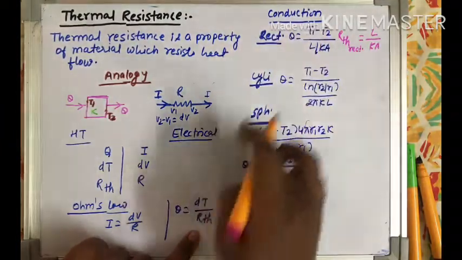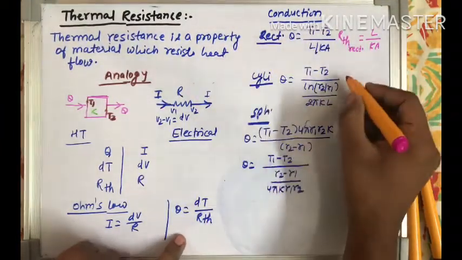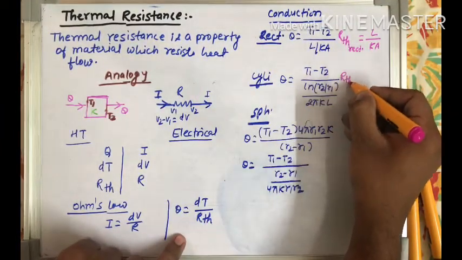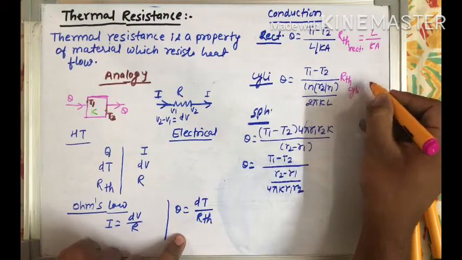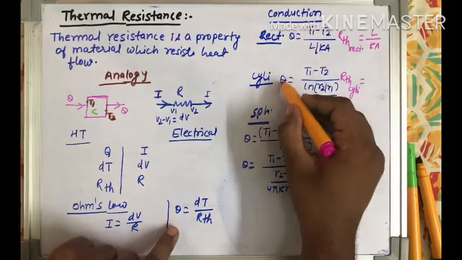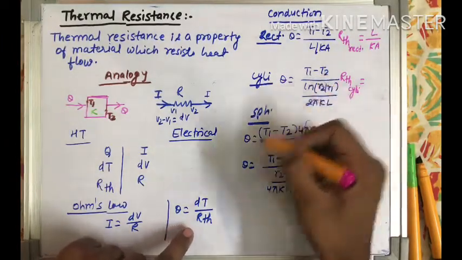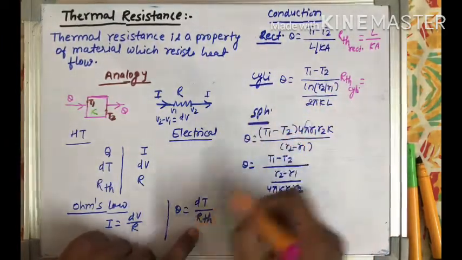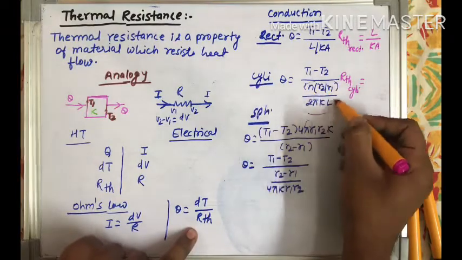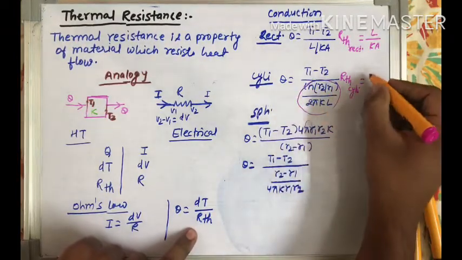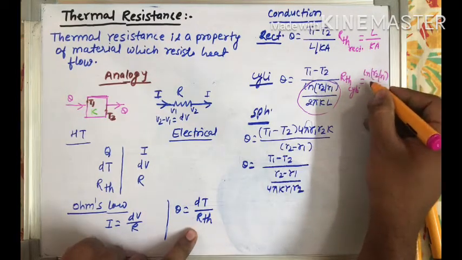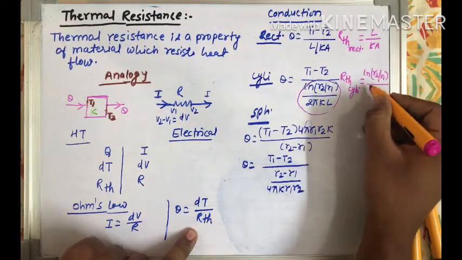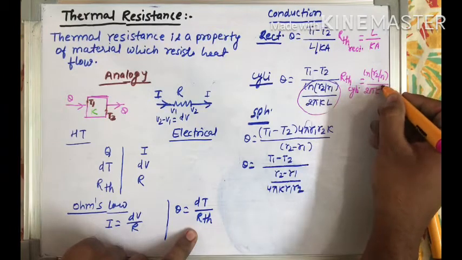इसको हम सीधा इससे कंपेयर कर सकते हैं, ठीक है. इसी तरह से अगर मैं इसको कंपेयर करूं RTH कौन से के लिए, सिलिंड्रिकल के लिए. सो हम देख सकते हैं यहाँ Q है तो यहाँ भी Q है, T1 माइनस T2 है तो dt है, नीचे जो RTH है तो ये पूरा जो टर्म है, this whole term will be thermal resistance. So it would be ln R2 by R1 divided by 2 pi KL.